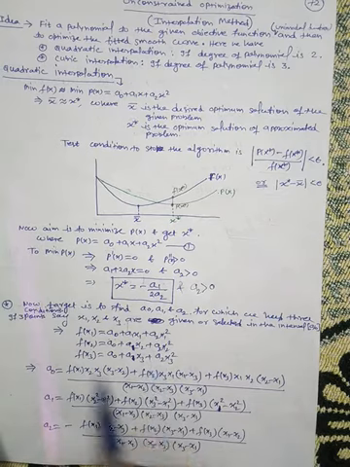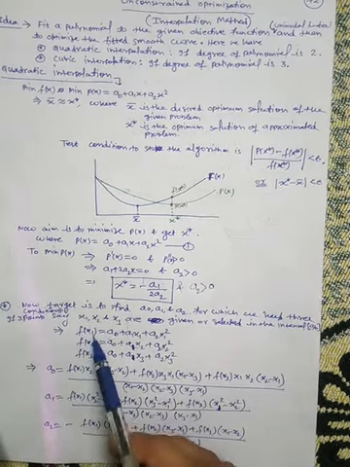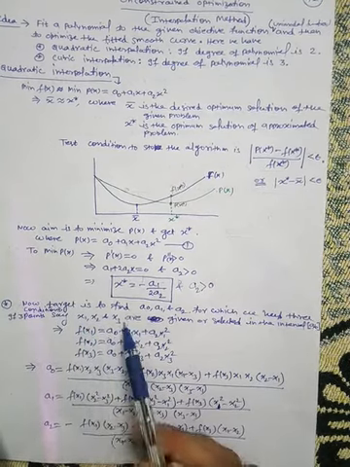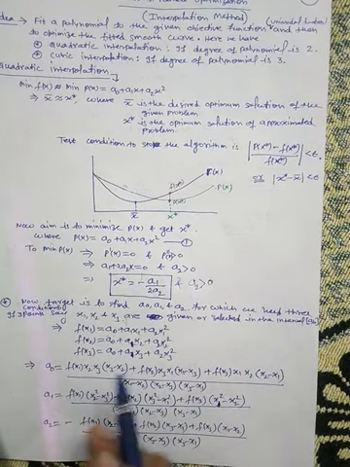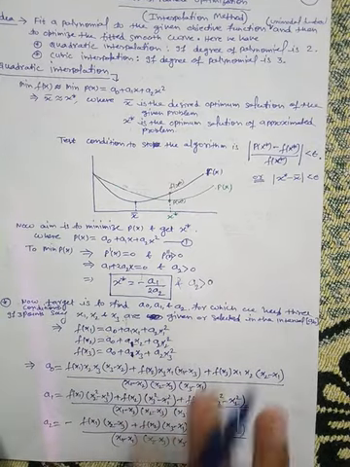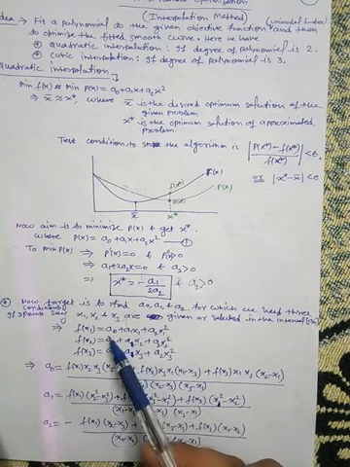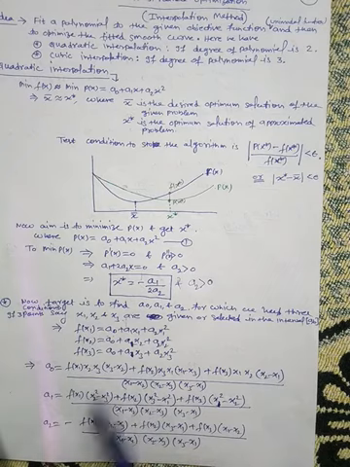When you simplify these three equations, because f is already known to you and x1, x2, x3 are already selected points, that means constant values. So when you put it here, we have three linear equations with unknowns a0, a1 and a2. You can solve these three equations and get the solution.